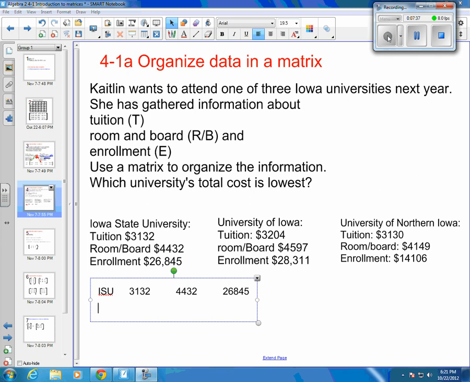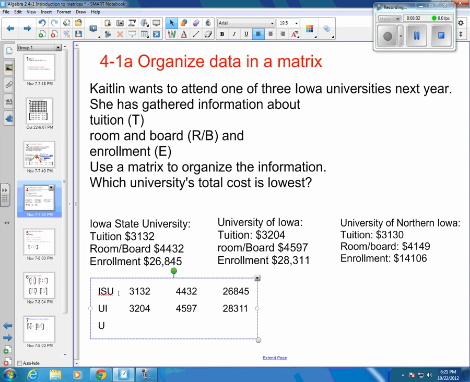Next one down, I'm sorry, what's our next university? University of Iowa. And they're $32.04 for tuition and $45.97 for room and board, and then $28,311 for their enrollment. And then our last one is University of Northern Iowa, and they're going to be $31.30 for their tuition and $41.49 for room and board, and